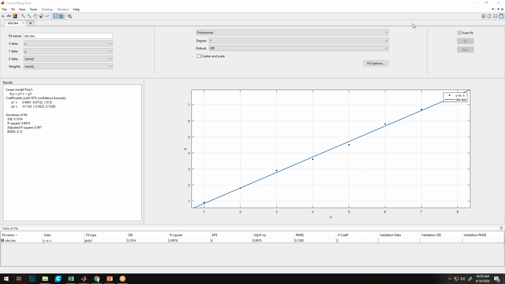So let us understand each term one by one. Here the default equation for any 1 degree equation is y is equal to mx plus c, where m is represented by p1, and c, that is the constant part, is represented by p2 here. And y is represented by the function f(x). Now there can be n number of straight lines which can fit on this experimental data, but only one straight line will have the least error.